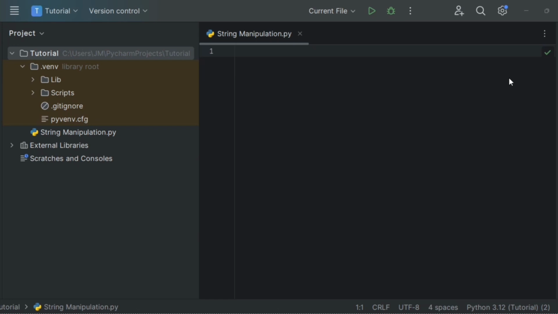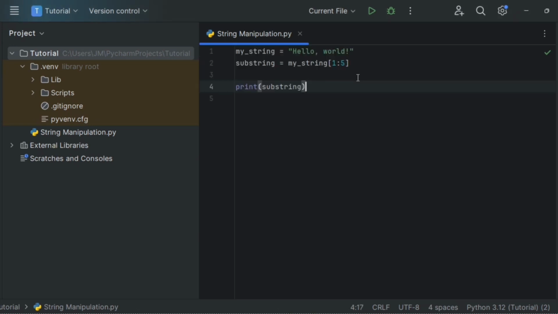Slicing allows us to extract a portion of a string by specifying a range of index. It's like slicing a cake and then grabbing a piece of it. In this example, we are extracting characters from index 1 to 4, excluding 5 of the string in the variable myString. This is the slicing syntax. It extracts a substring from the variable starting from index 1 up to index 5. So it includes characters 1, 2, 3, and 4.